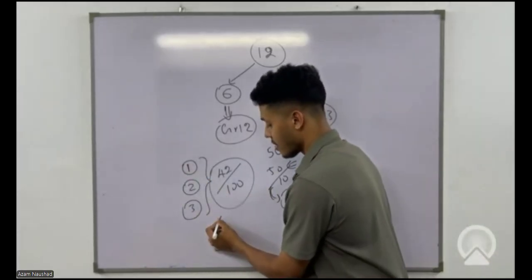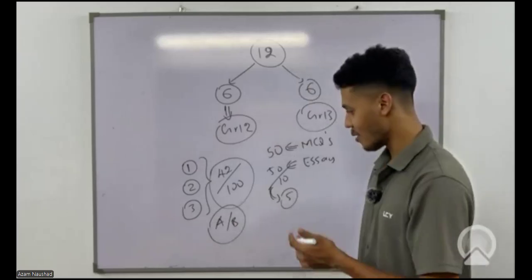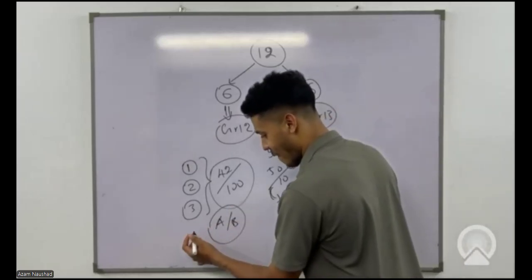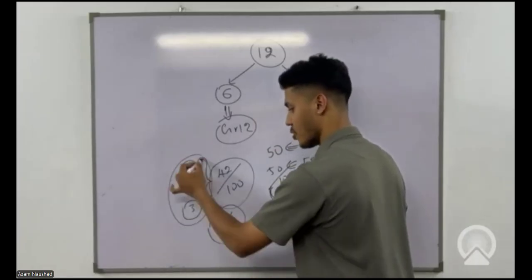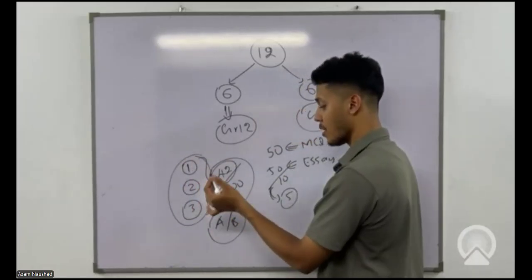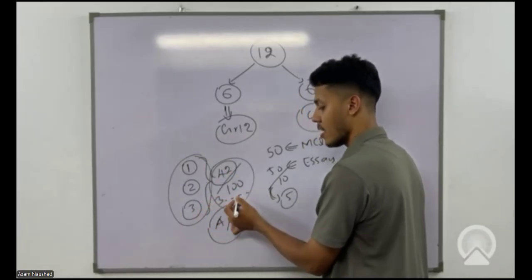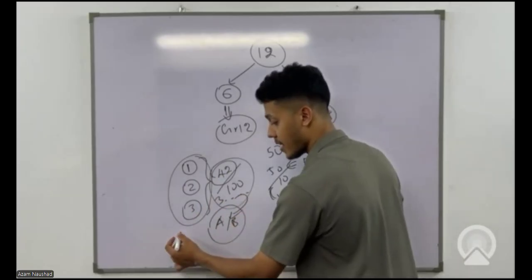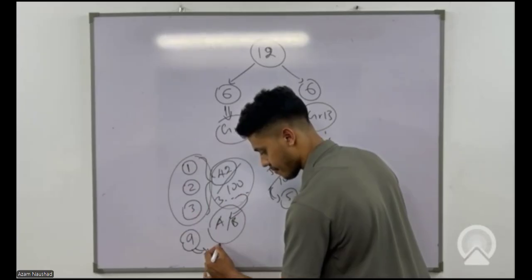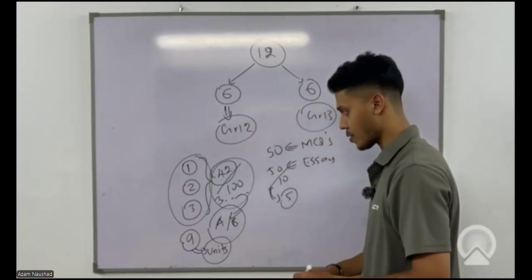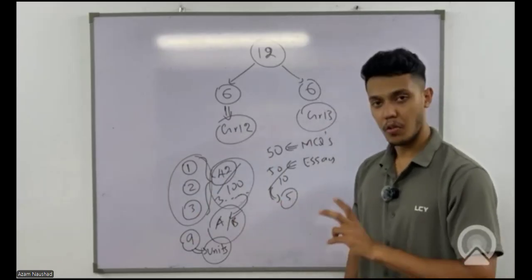So getting an A pass or else a B pass in economics is way easy. Why? You just need to study, right? If you take the first 3 units, you might be able to get 42 marks. So you just need to get another 30 something marks to get an A pass by studying the balance 9 units. The balance 9 units.